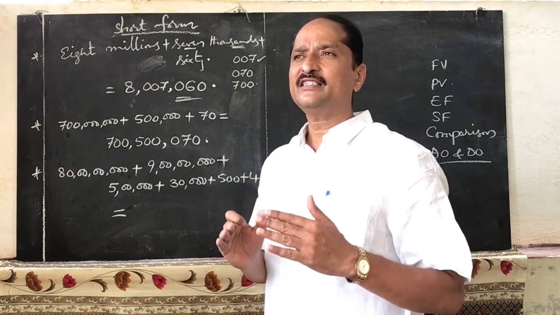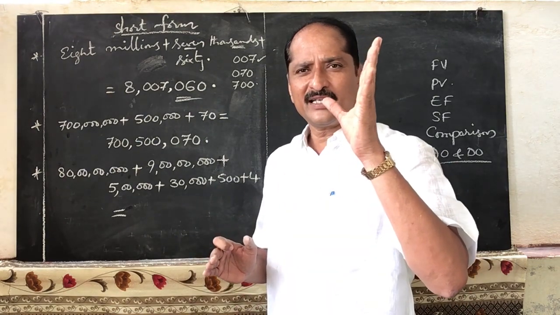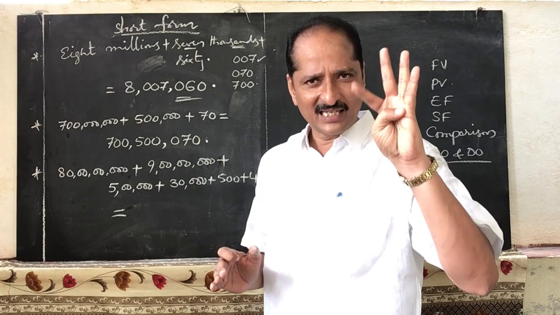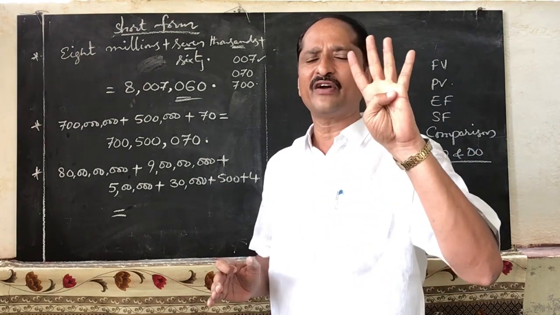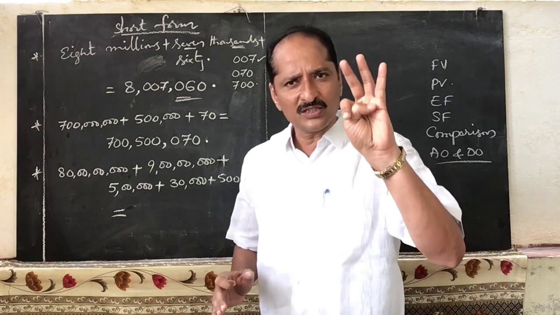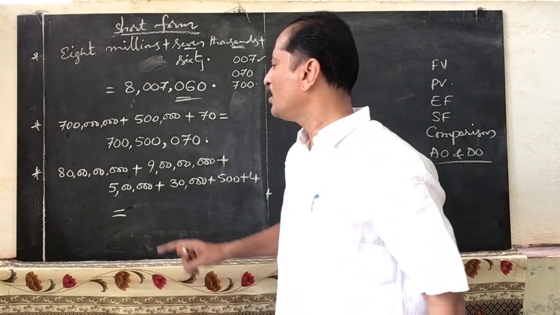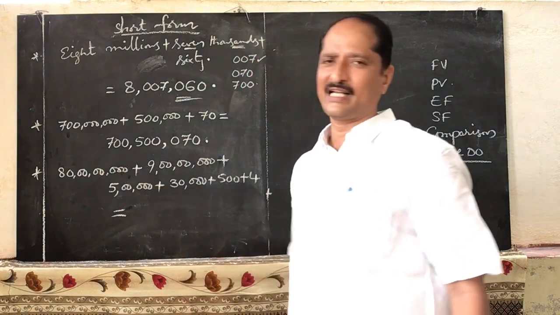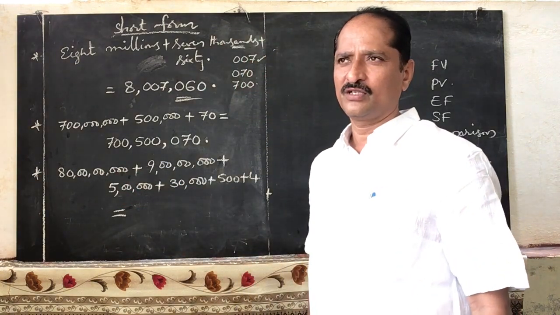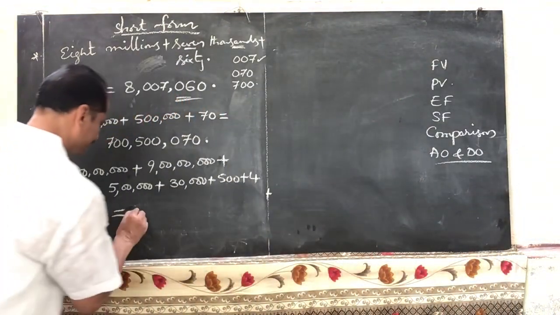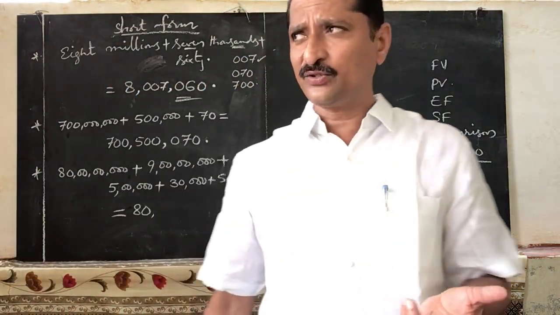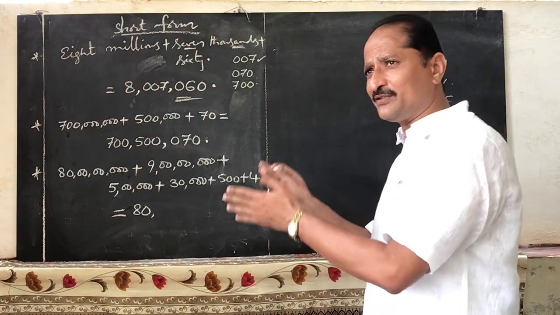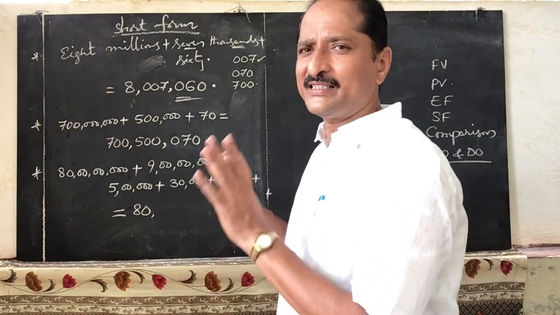In the Indian system of numeration, the greatest period is crores. Next lower than crores, lakhs. Next lower than lakhs, thousands. Next lower than thousands, units. These 4 periods we have in the Indian system of numeration: crores, lakhs, thousands, units. Now crores period, 80 crores he has given. So will you write down 80 here? Is there any crores or not? Only 80 crores are there. Is it only 80 crores in the crores place? We have to check whether there is any digit in the crores place also.